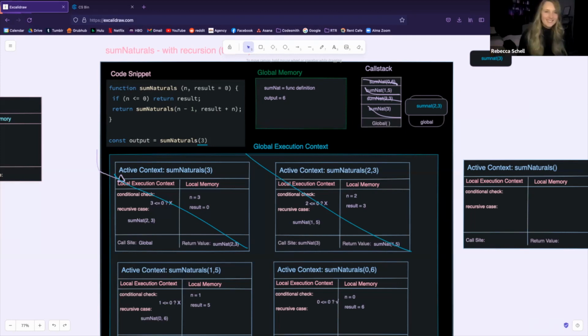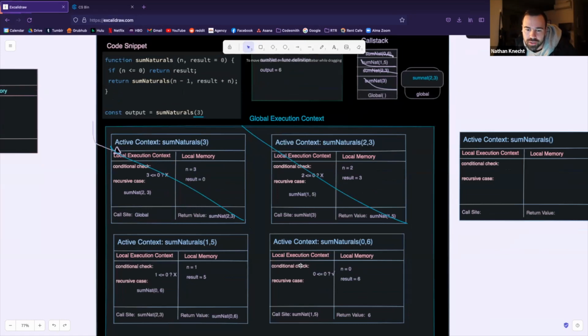What I understand about the stack frames is that the call site is always the previous stack frame, right? That's why the call site for sum naturals 2, 3 is sum nat 3, because the stack frame below it would be sum nat 3. Is that right? Correct. And so what I was going to ask is that technically for each sum nats 2, 3, sum nats 1, 5, the call site is global because it would get popped off, and now you're saying it wouldn't get popped off